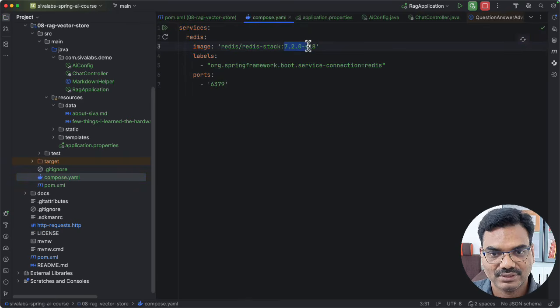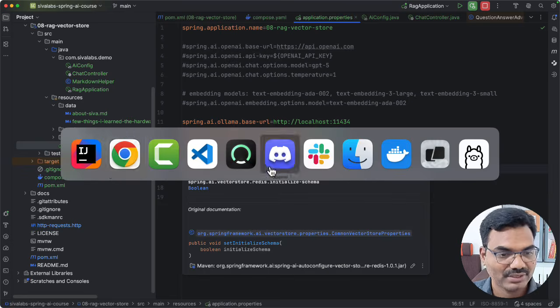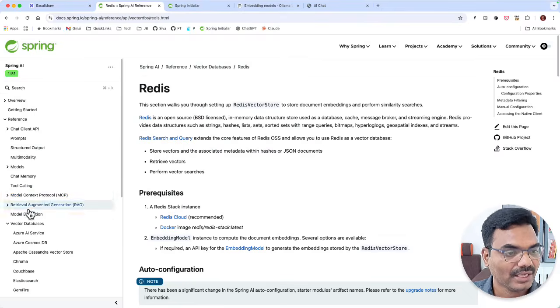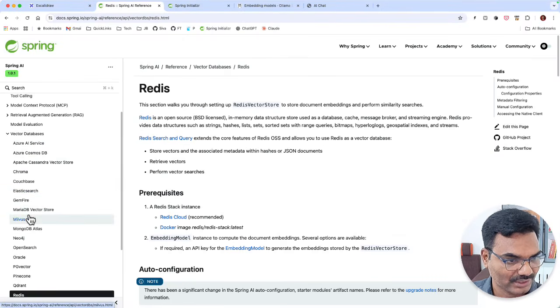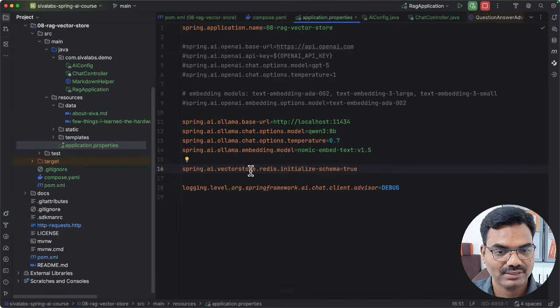I changed the version from latest to this specific version. This is always a good practice, to use a specific version instead of latest. And finally, we need to configure it to initialize the schema. As I mentioned, Spring AI supports a wide range of vector databases, including a Postgres variation also, PGVector. So in order to store this data, we need to have some database type, right? We need to initialize it. Most of the supported databases also allow you to automatically initialize the schema, and we can simply enable it